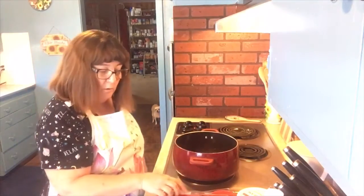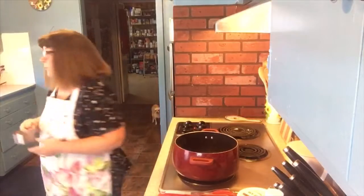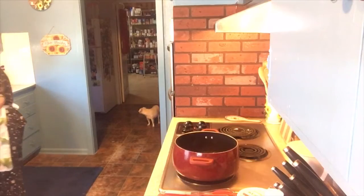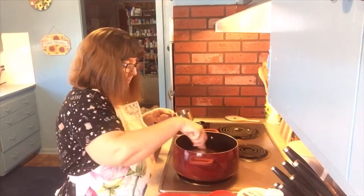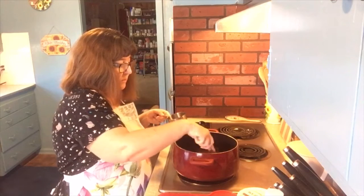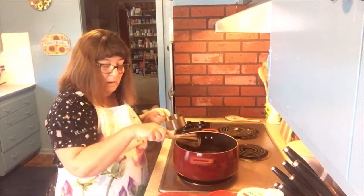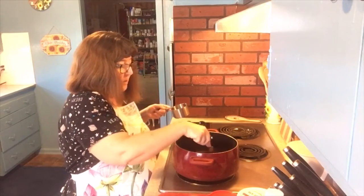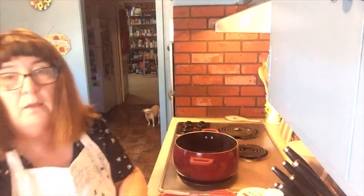Okay. So now we are going to put in 1 cup of water with this as well. I'm going to pour this right into the pot. Now, you guys might rather see the pot. I don't know. I'll show it to you after, when everything's melted in there, I'll put the camera down so you can see. Okay, so they want us to bring this to a boil for just a few seconds, okay? All right. And while that's doing that,